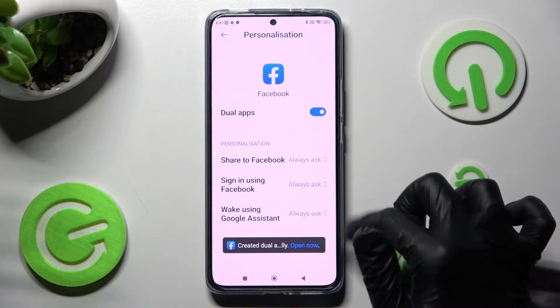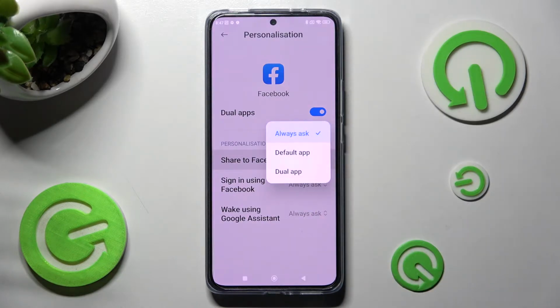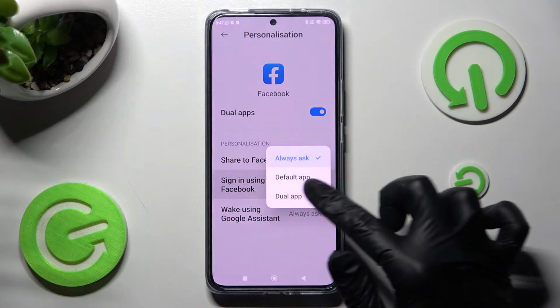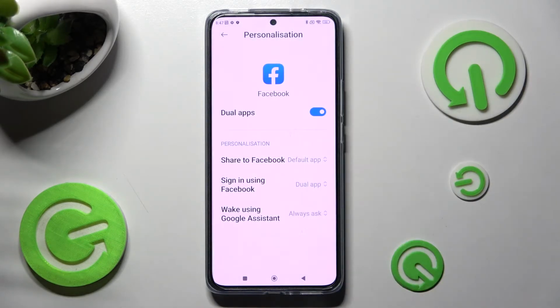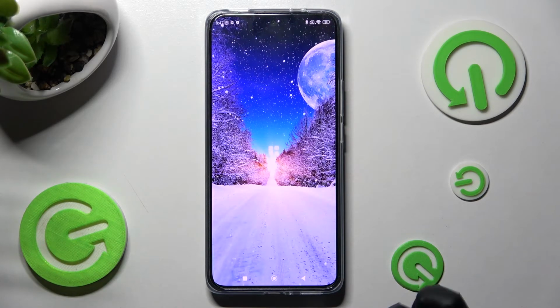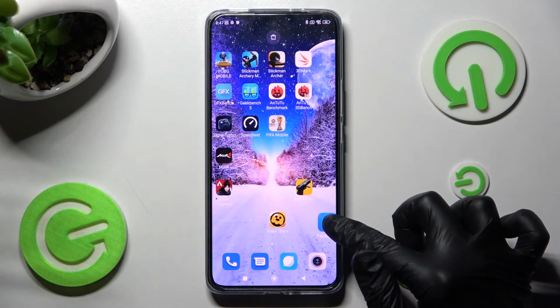Then you can adjust all of those options however you wish to. I will go with Default App, then Dual App, and Always Asked. When you're ready, click on Home button, and when I go back, as you can see, my Facebook app was